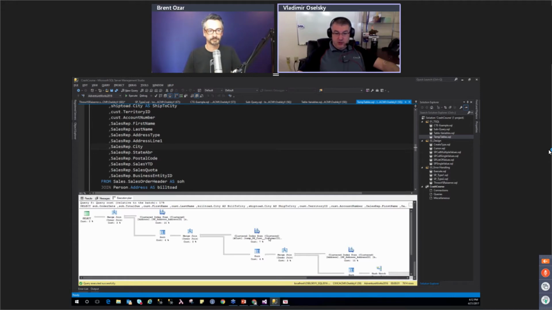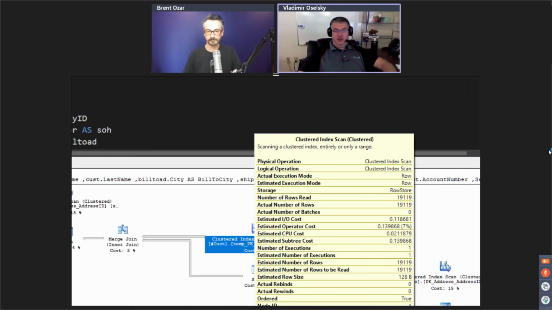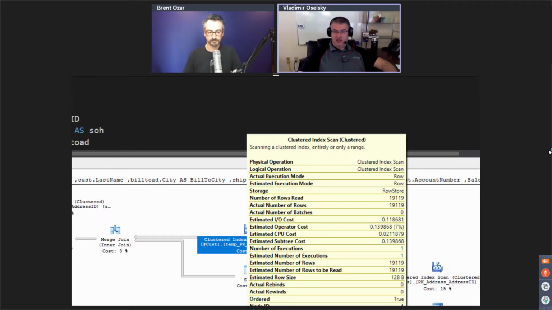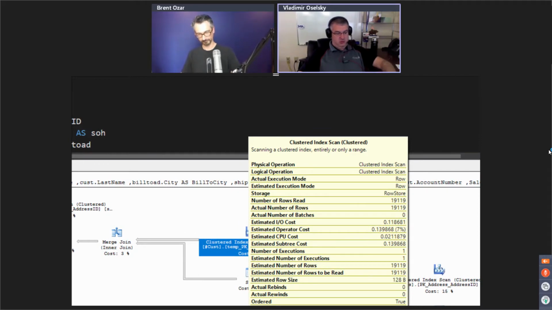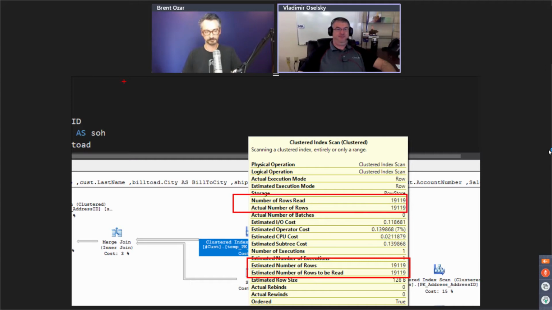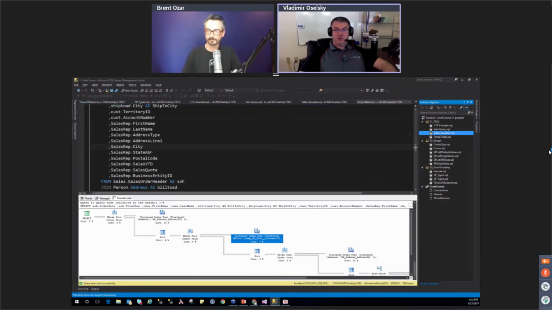So if we look at the execution plan, and we find one of a select statement from the temp table, we'll see that estimated row count actually corresponds to the actual row count. So there's more things you can do with the temp table than you can with table variables.